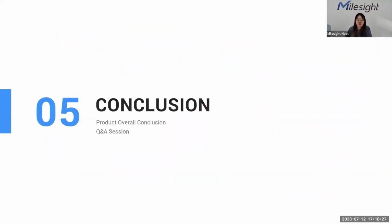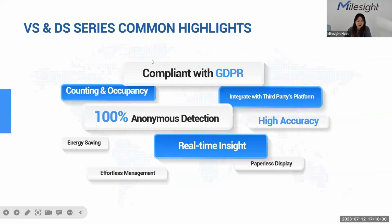Okay, so now let's get into the last part, the conclusion. I will conclude these products with some key features of the solution. With the help of those occupancy, people counting, and smart display screens, we can realize a lot of functions, or meet a lot of requirements of this kind of solution, like anonymous detection, privacy protection, real-time report updates, sending alarms, or paperless display, an eco-friendly design, something like that, with high accuracy and high compatibility of all of these products there. Okay, so